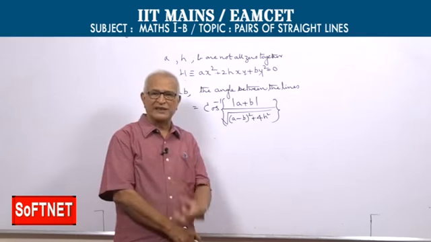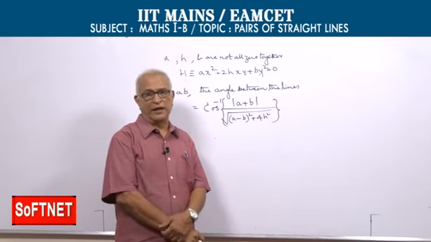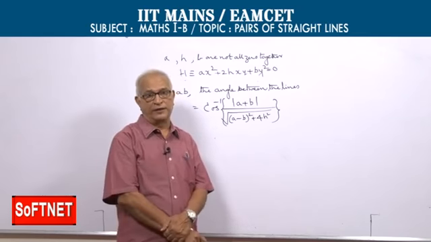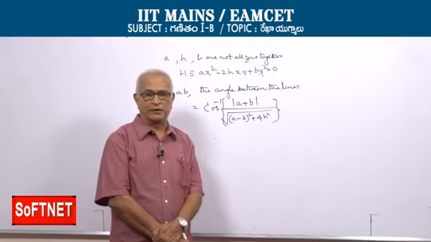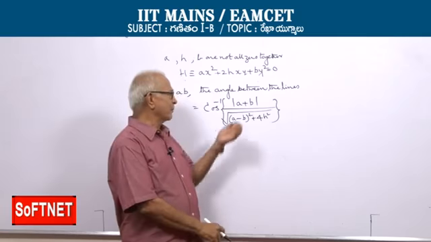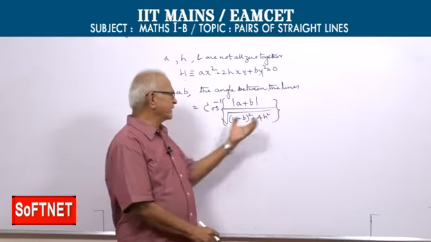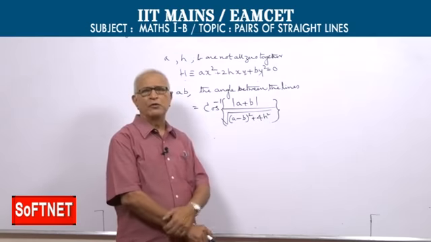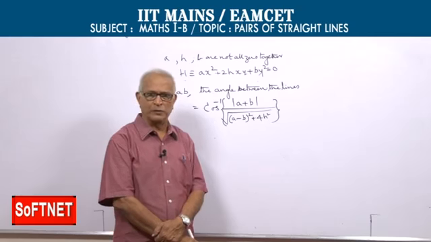So if you want strictly the acute angle between the two straight lines, smaller angle between the two straight lines, or angle which lies between 0 degrees and 90 degrees, it is given by cosine inverse of mod a plus b by root of a minus b whole square plus 4h square. Well, you can see that these lines are perpendicular if and only if this angle is 90 degrees. But this is 90 degrees if and only if mod a plus b by root of a minus b whole square plus 4h square is 0. That means mod a plus b is 0 or a plus b equal to 0.